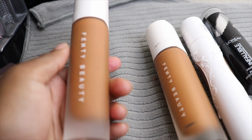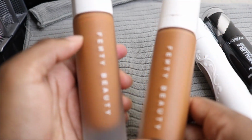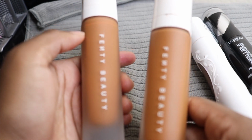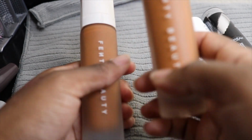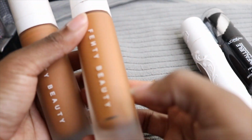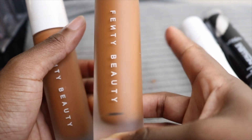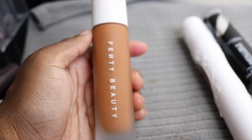Next I have my two Fenty Beauty foundations. Now this one right here, you can see the line where it's separated. I never opened this. I had it for a year. It is brand new. I got it to replace this one because I was so in love with this one. This one has like a drop in it, and I'm gonna just throw it out because I had this from 2017. So I'm gonna throw this one out and just keep this one,